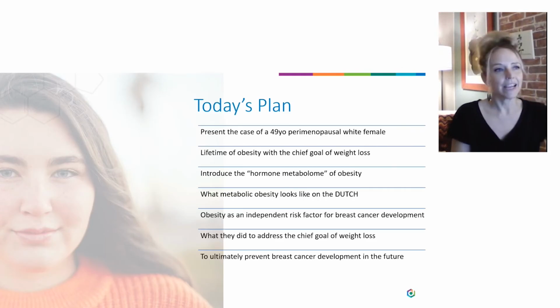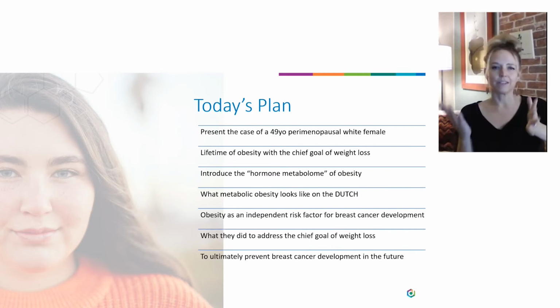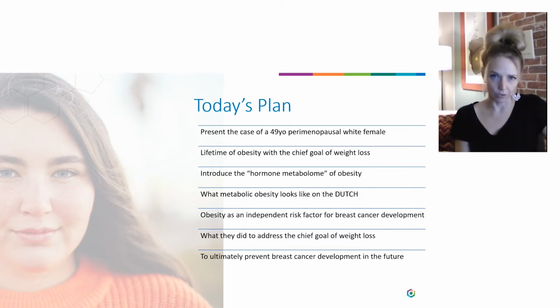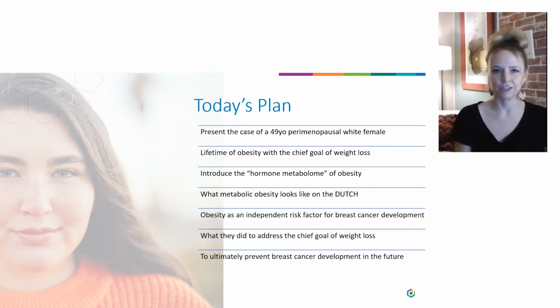So today's plan is essentially to present this case of a 49-year-old perimenopausal white female with a lifetime of obesity. She has basically one goal, and she really wants to take charge of her body composition. I think she's somebody who otherwise feels pretty healthy. She leads an active lifestyle, feels like she has a pretty fantastic diet, and feels like she's done all the things, and has been frustrated to not match that lifestyle that she's put forth in her life. So she's really here to figure out how she can get her body to match up with how she